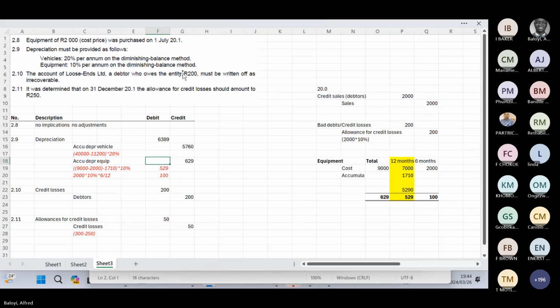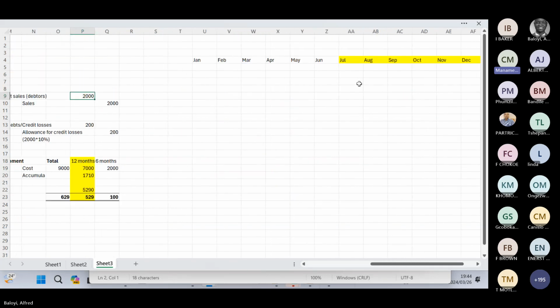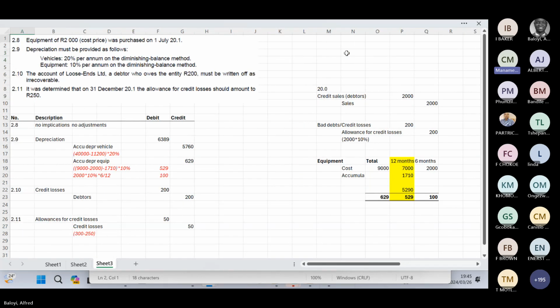Do you want to come in, Claire? Yeah. Okay. Remember, Pumzile said there is a year end. As I indicated, you need to have at least your timelines to show what is the beginning of the year and what is the end of the year. For this instance, this equipment was bought 1st July, which is in the middle of the current financial year, because their financial year starts from 1st January until 31st December. Meaning that for the first 6 months, they didn't have that equipment. They only bought it from 1st of July. Hence, we calculate from 1st of July until our year end, which is December.